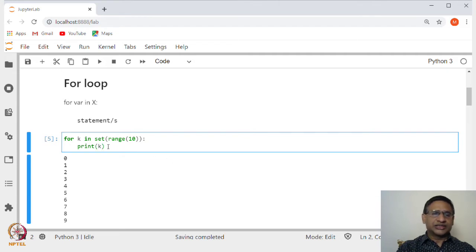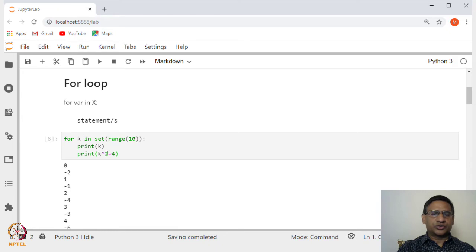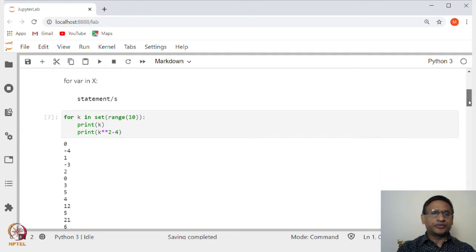For example, I say print k, and also print k square minus 4, where k square should be written as double star. You can see for each k it first prints 0, and 0 square minus 4 is minus 4 and so on. So, this is a very simple for loop.